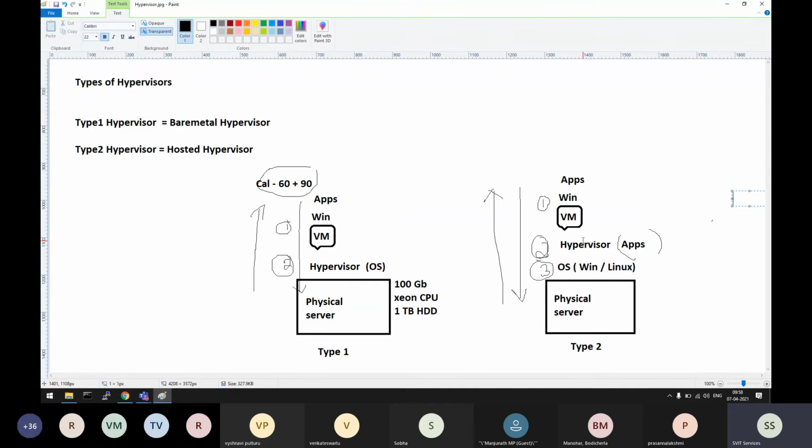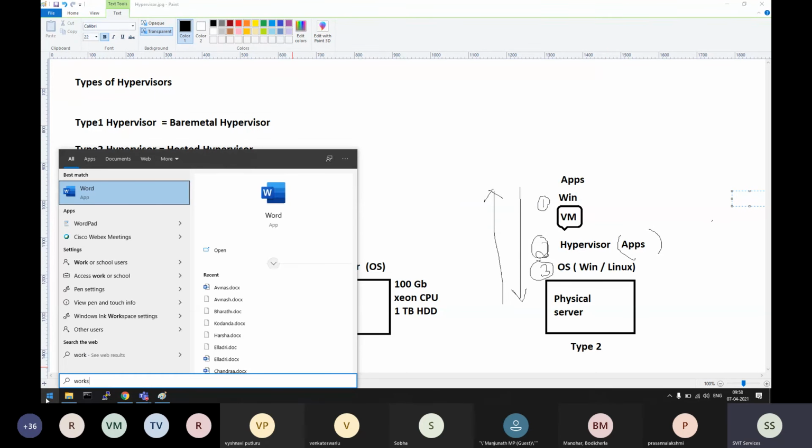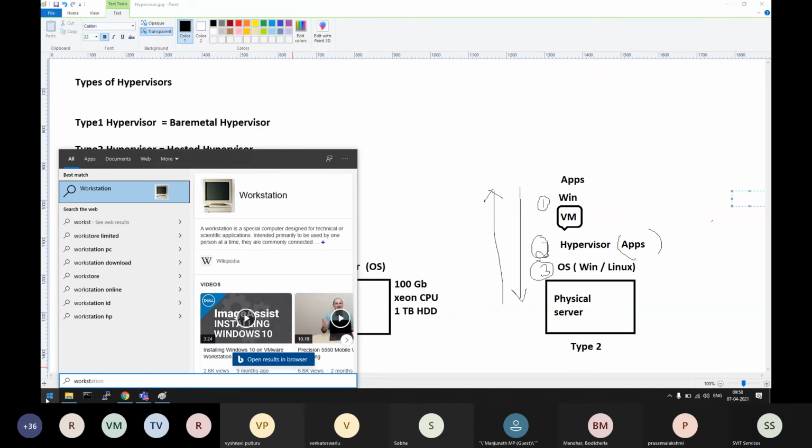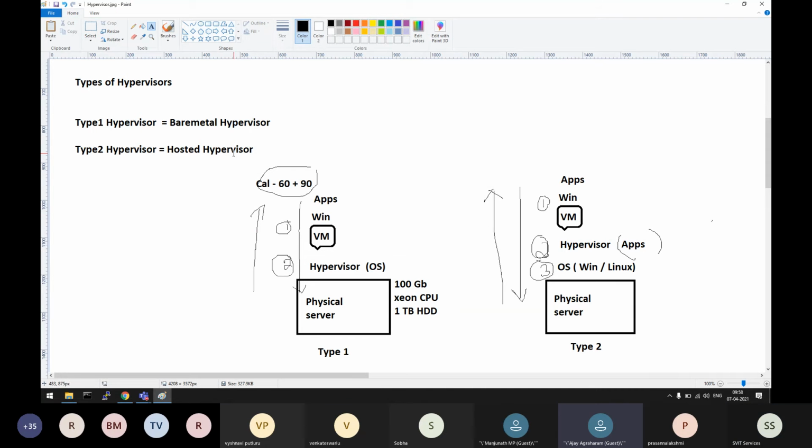It's not an operating system, it's just an application. So we'll show you some, if I can. Excuse me, Durga garu. Sir, which is then called bare metal and hosted? Can you please? Here itself I have written, right? So type 1 is bare metal, type 2 is hosted hypervisor.